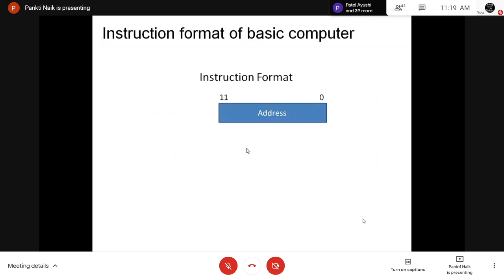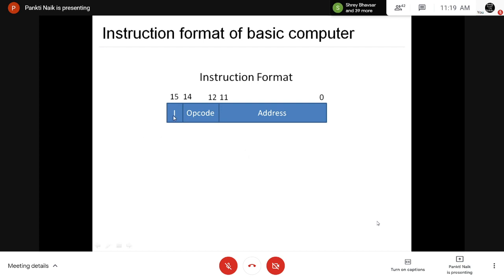Now let's see the instruction format in detail. Bits 0 to 11, that is 12 bits, are for the address and 4 bits for the opcode. Now 3 bits are for the opcode and 1 bit for specifying the address type. There are two main address instruction types in our computer instruction format: indirect instruction and direct instruction.